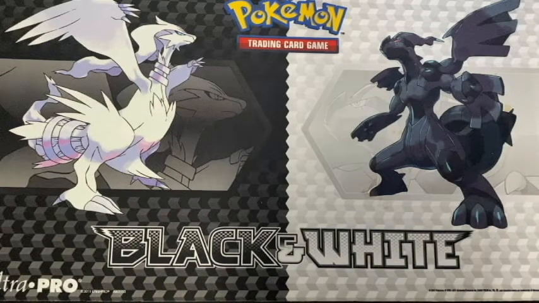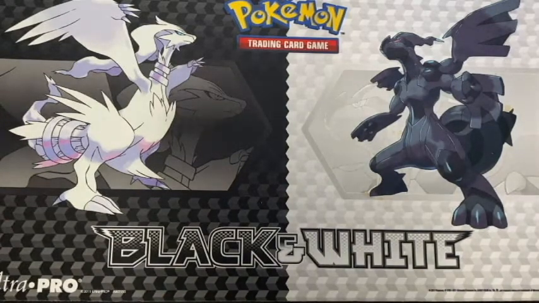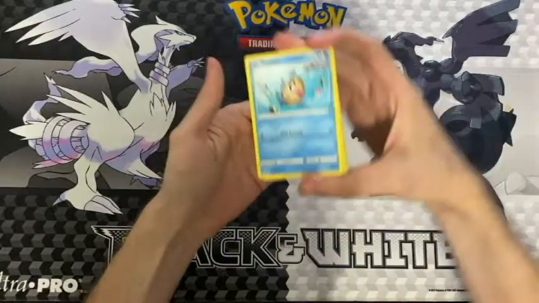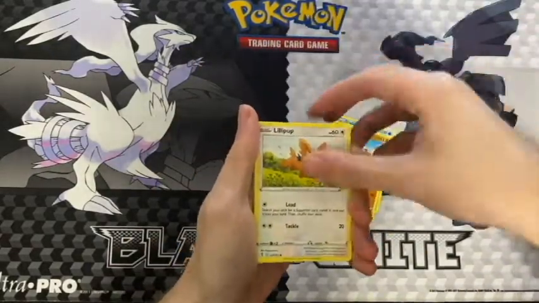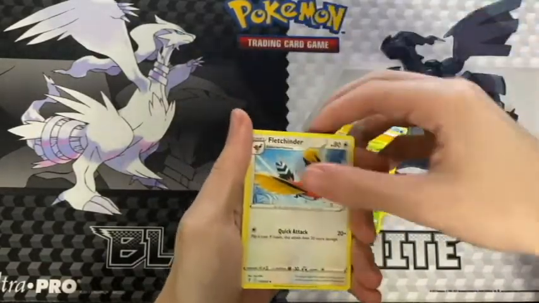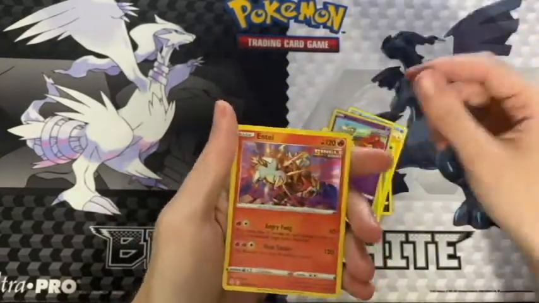Pack number 1. As soon as I can get the friggin' thing open. There we go. All right. Pack number 1, here we go. So we got Feebas, Hippopotas, Lillipup, Nickit, Bergmite, Lightning Energy, Crustle, Skiploom, Fletchinder, Reverse Holo Flabebe, and we're starting things